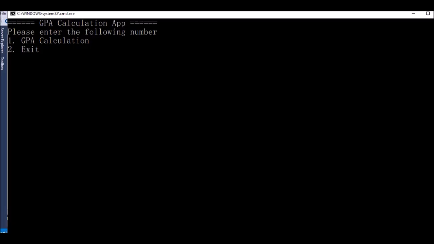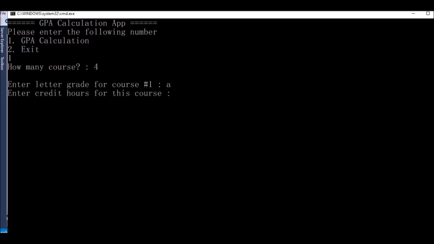the GPA, or grade point average, I just choose the number 1, and the program will ask me how many courses. So for example, I put 4 courses, and then the program will ask me the grade letter for the course number 1, or the first course. For example, I get an A like this, and for the credit hour 3.5 hours. The course number 2, for example, B, and the credit hour I put